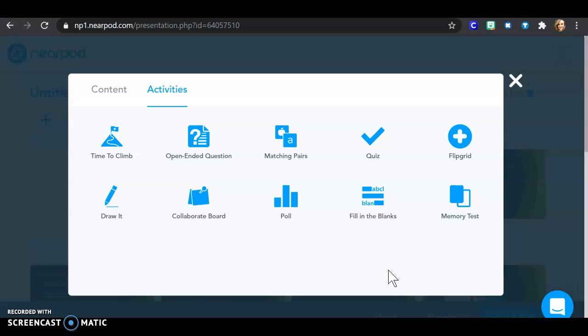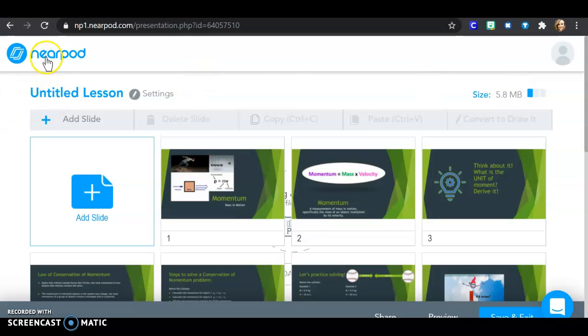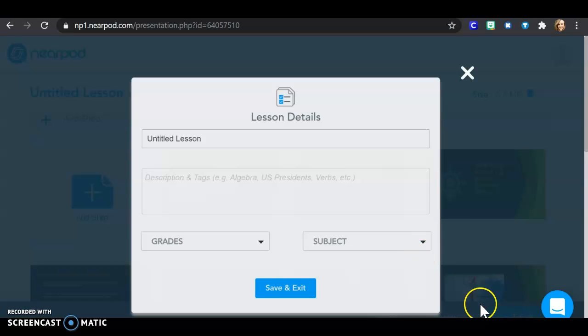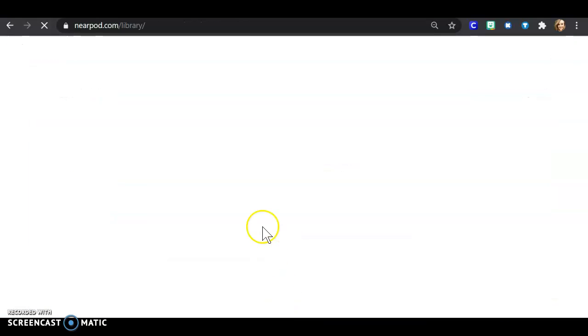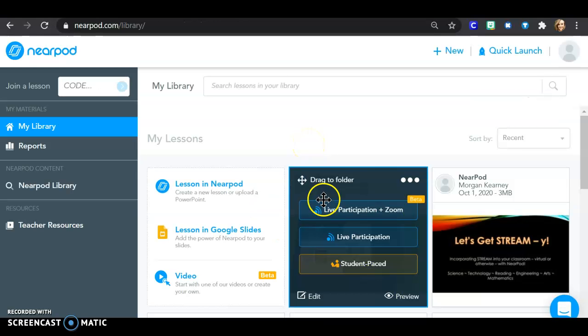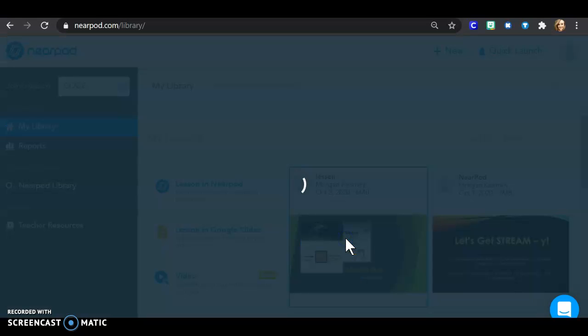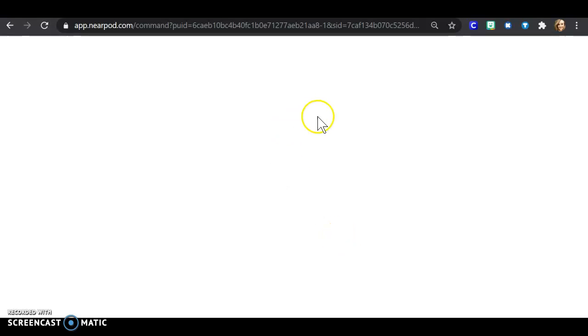If you have any questions about actually how you can then present your Nearpod, I would love to talk to you about them. Once you're all done, you will save and exit. And once it pops up, you can see that you can do live participation on Zoom. You can do live participation or student paced. Student paced you can use here for your asynchronous time if you would like to give this to your students then, or live participation I like to use during class time, and it will actually give them a code